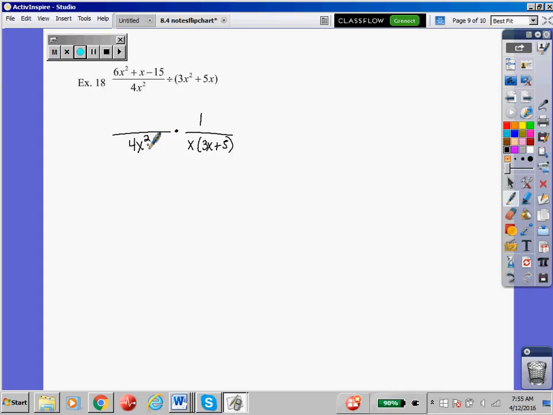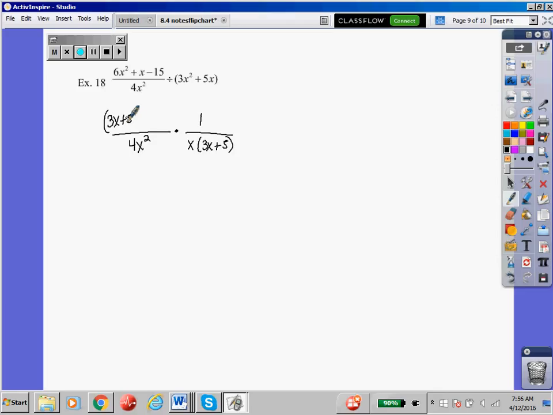Now, I mentioned this yesterday, but it is certainly worth repeating. With 6x squared plus x minus 15, there's no GCF, and there's a number in front of x squared, so it's the more difficult factoring. But there's a 99% chance that it probably has a 3x plus 5 in it. You get that? Like, that's like the little hint. So I'm going to try it,